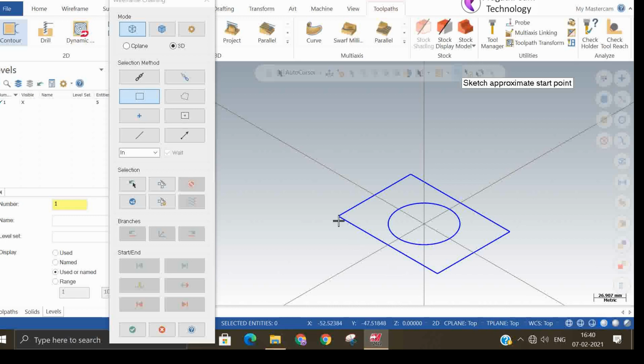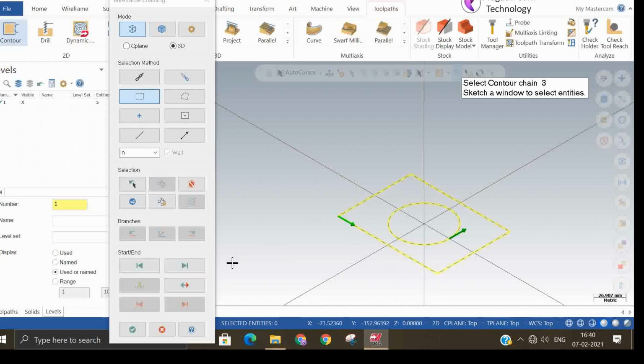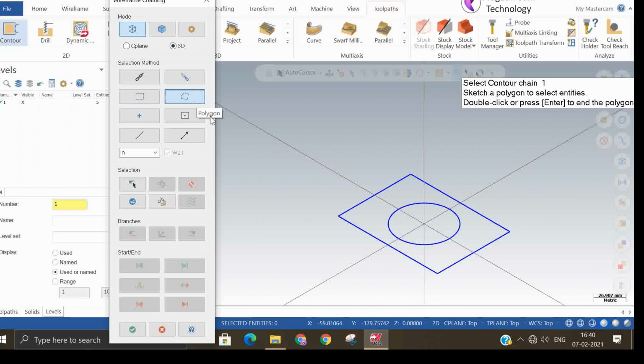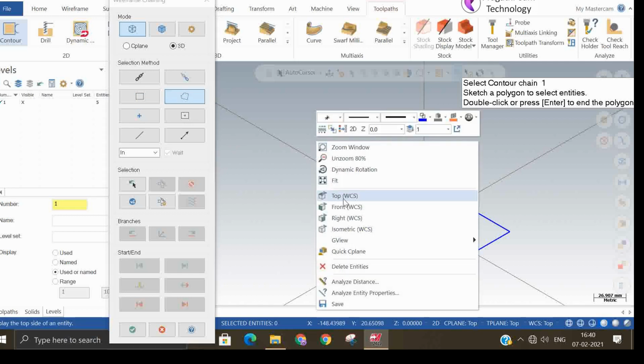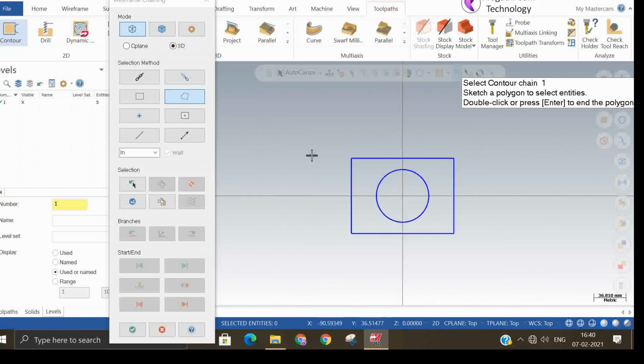So you select the start point, then automatically it will select the entire selection. Okay, this is the window selection. And the next is the polygon selection. So you go to top view now. You start one point, and automatically it will make a polygon selection. It is similar to the window selection. Nothing big difference.